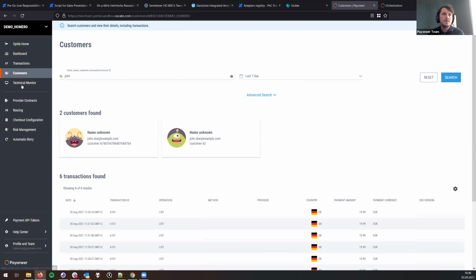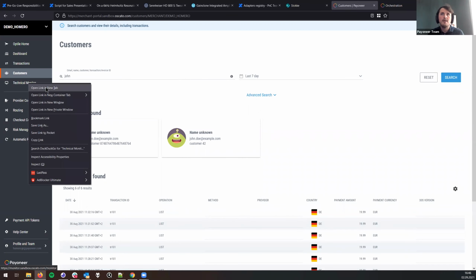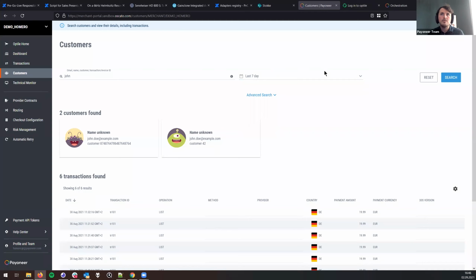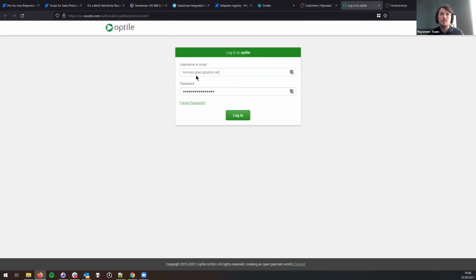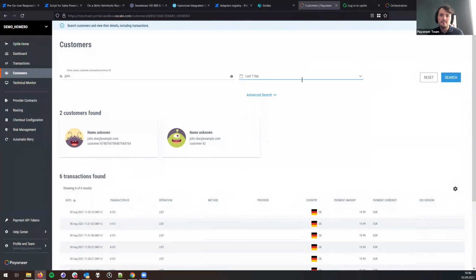And then the last tool is a technical monitor. This tool hasn't changed yet, so we have a link to it here, but if you click, let me open it actually in another tab. If you load it, you will see that it's still running on our old interface. So this is a tool that we haven't touched yet. So in terms of portal,